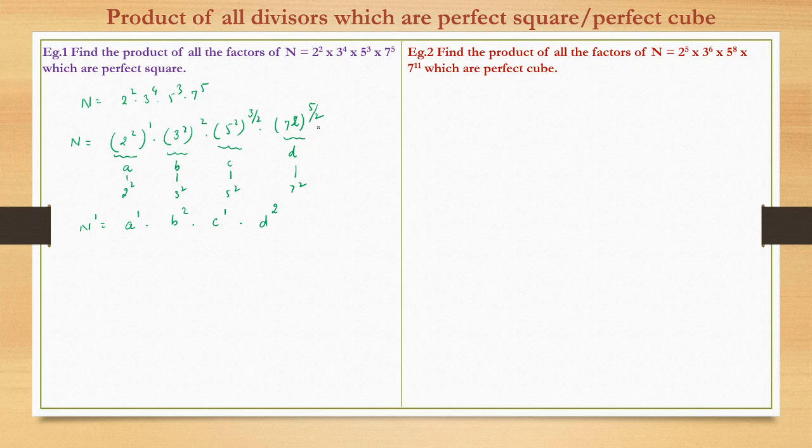Why are we ignoring the decimal 0.5? Because we need to be concerned with the highest power of the square which can go. So the highest power of 2 which can go in this is only 1, right? Here also it can go up to 2 only. So that is why we ignore the decimal part. Now this is fairly simple. If the question was to find the product of factors of this new number n dash, it would have been simple: n dash raised to power number of terms.